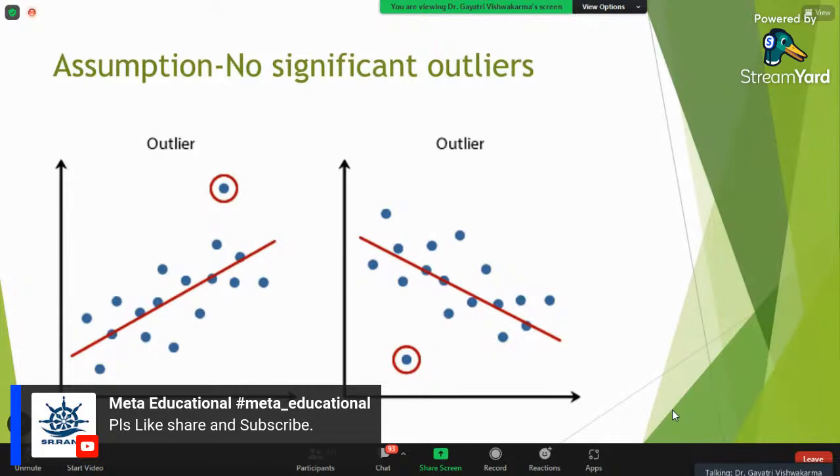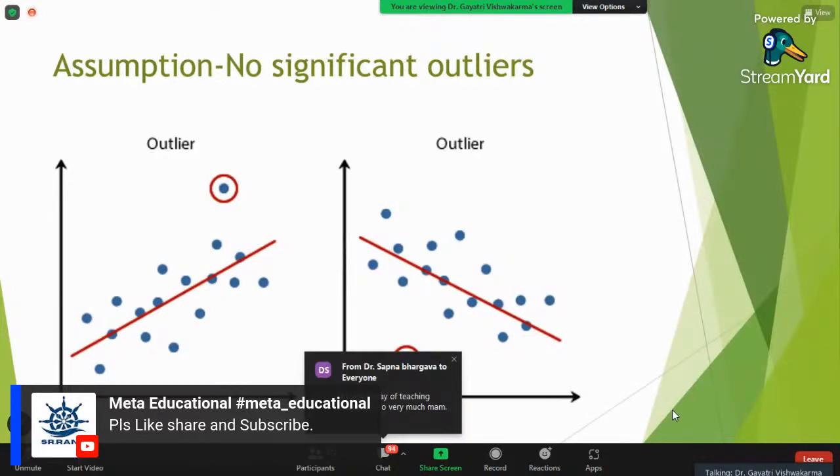So how do we find the significant outliers? Sometimes it is very difficult to decide by eye whether a particular point is an outlier or not. In the example, I have made it so that all points are near that particular line, but one point is off here. But you may have more outliers, and it will be difficult to tell from the scatter plot whether a point is an outlier or not. So what is the process to find the outliers? Does anybody know how to find outliers?